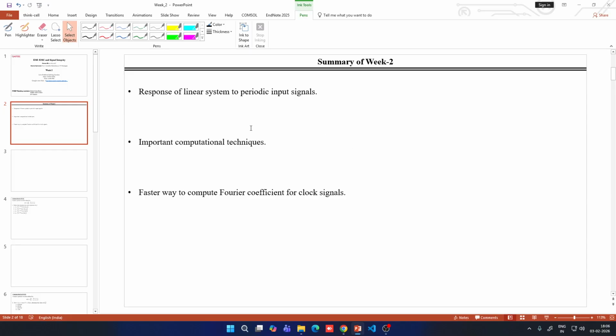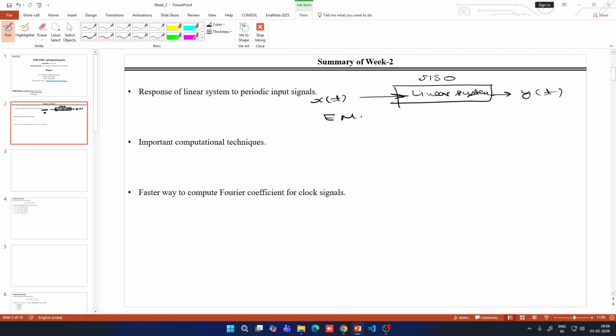So that was something like, suppose this is a linear system. This x of t is the input and y of t is the output. So this is a single input, single output system, and in EMI, EMC,